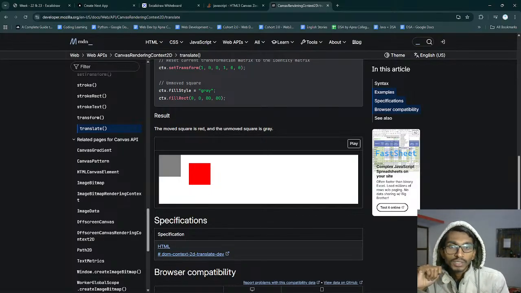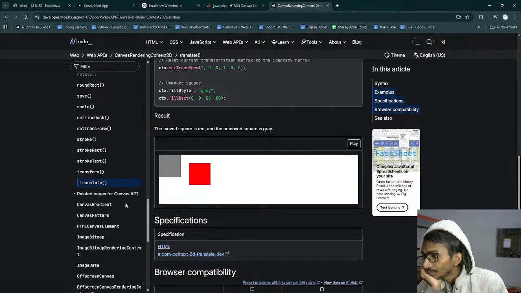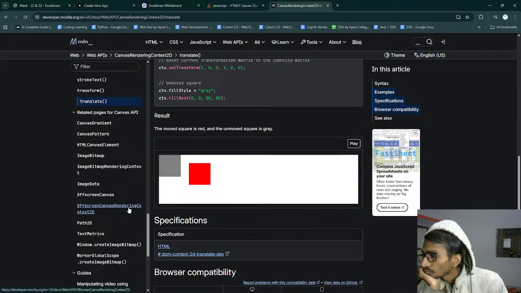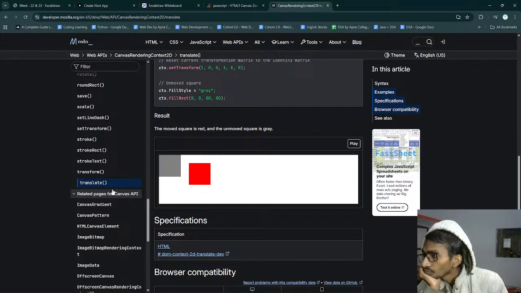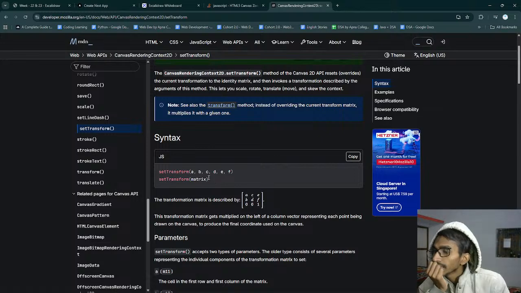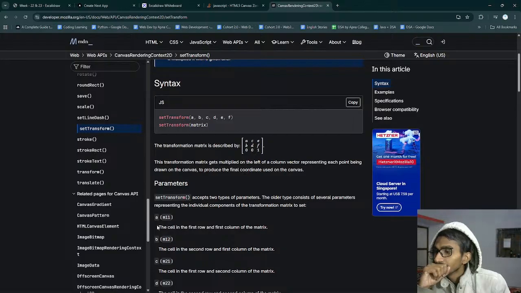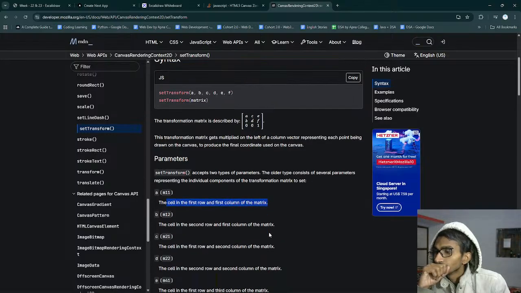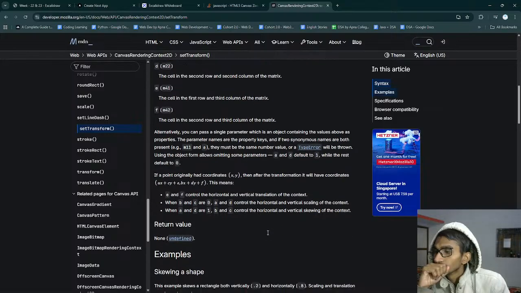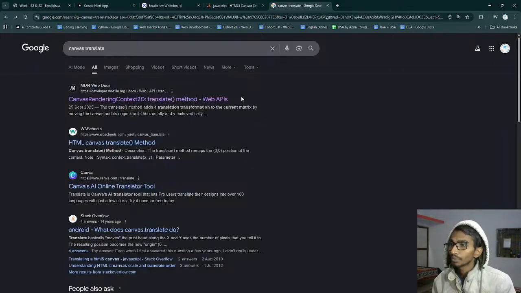First of all, let's learn about set transform, what it does. Do I have here set transform? Set transform. Okay. It takes A, B, C, D, E, F. Okay. A, the cell in the first row and the first column. Well, these things are okay. Well, they are not well described over here. I mean, they have been described. It's hard to understand. So I will be taking the help of